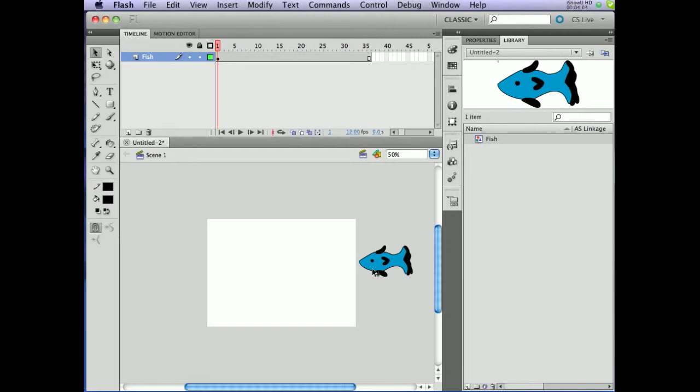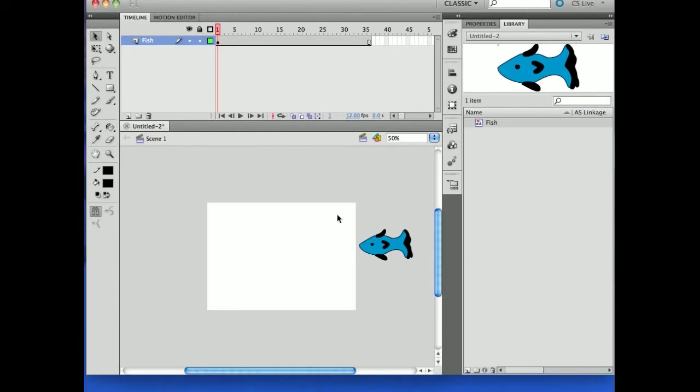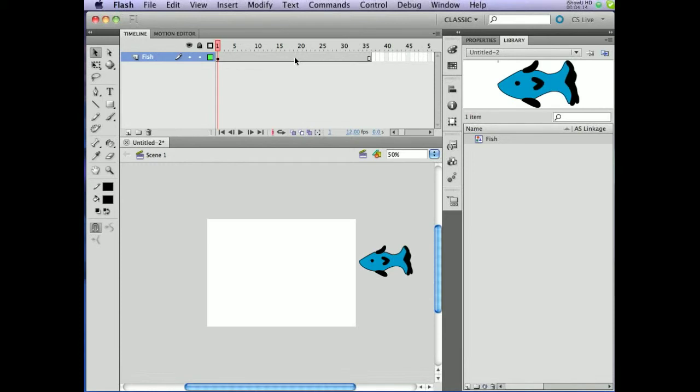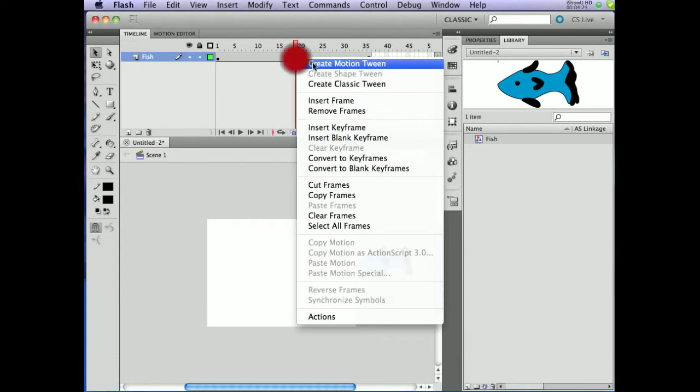Okay, so right now there's no animation possible because there's no tween applied. You have to have some kind of tween for animation to happen. So we're going to go ahead and create the animation, the motion tween rather. So symbols go with motion tweens, specifically symbols and motion tweens. They're friends. So I'm going to right click on this gray bar here, and I'm going to go to create